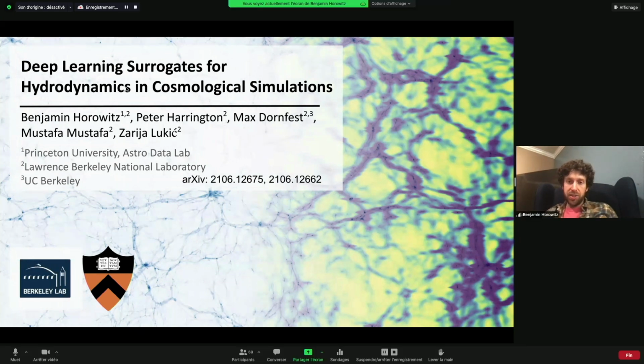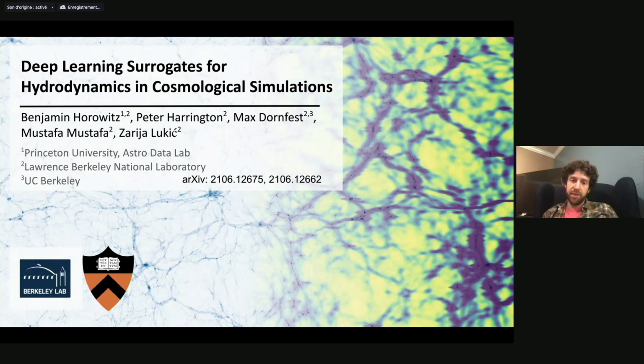The particular application we're looking at for this is twofold. One is to develop fast catalogs for next generation cosmological surveys, so things like DESI, surveys that will be looking to constrain cosmological parameters and fundamental physics using, say, Lyman alpha forest, which depends a lot on the hydrodynamical simulations, as well as